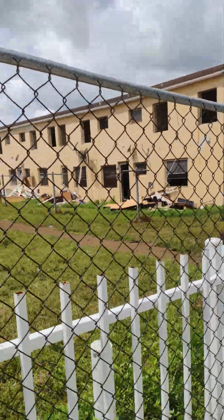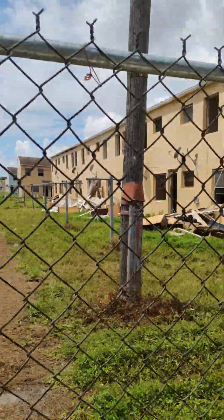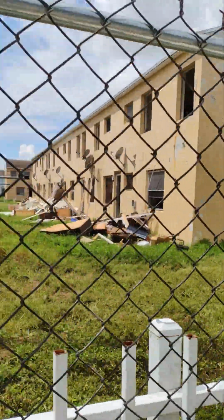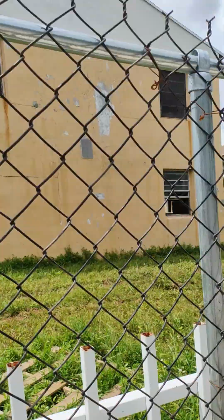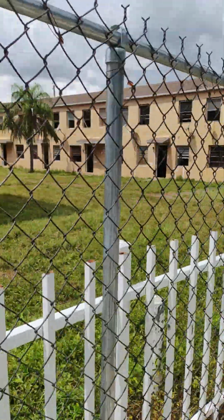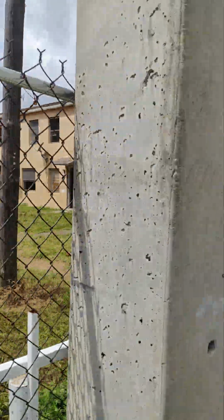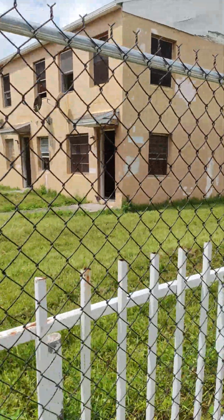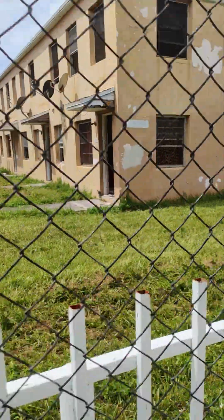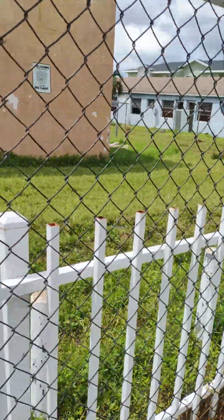Now, I wanted to do a video of this before they actually demolished all of them, because back in the mid 2000s, around 2010 and so forth, there was a plan to revamp this housing community due to a lot of things. Number one, due to the high crime volume, because a lot of crime in Liberty City occurred in this housing community. And number two, to redevelop more updated housing